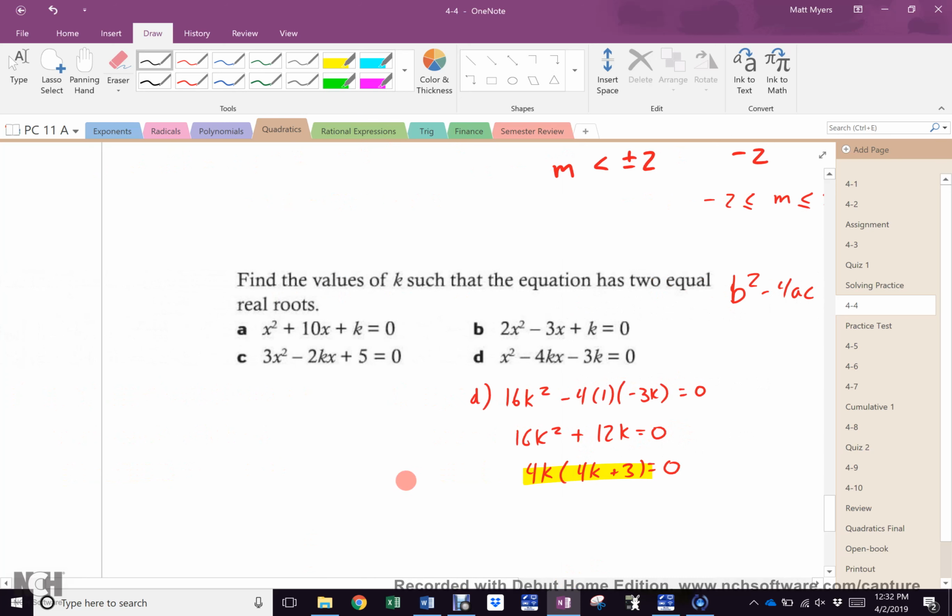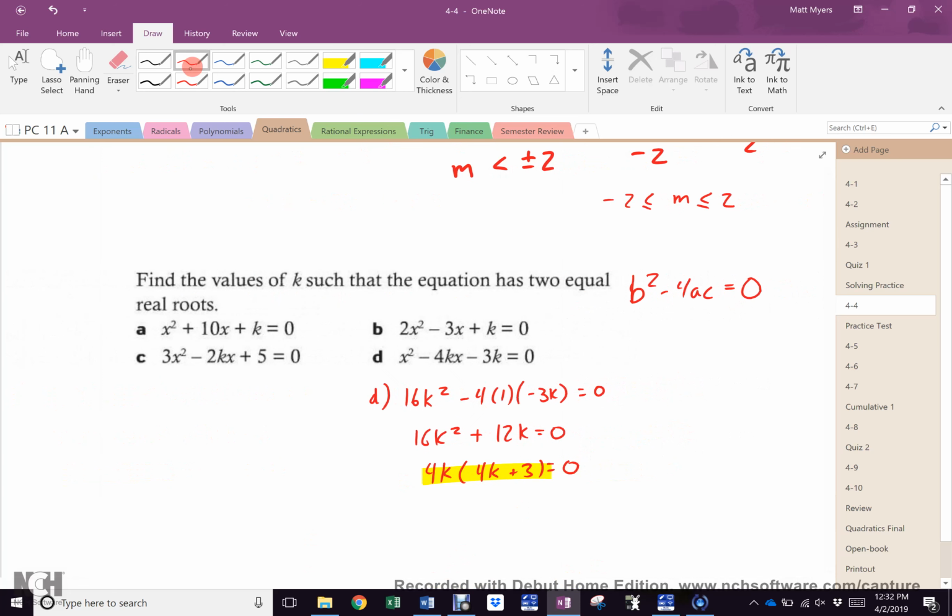So what do I do here? 4k would have to equal what? Or 4k plus 3 would have to equal 0. So k is 0 or